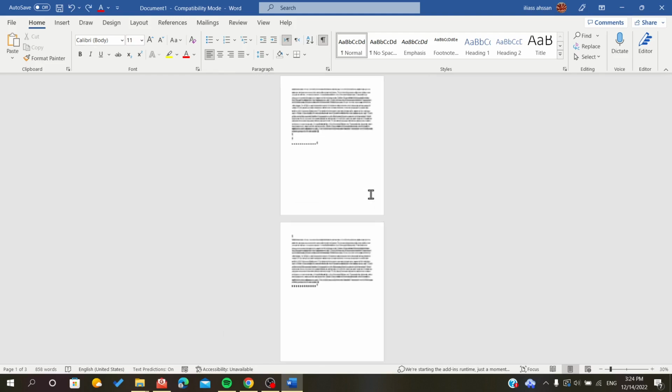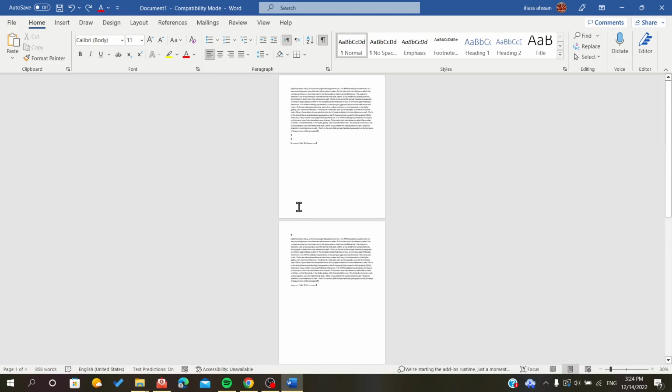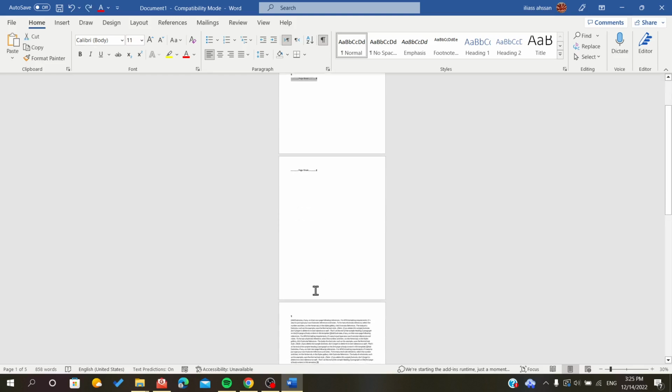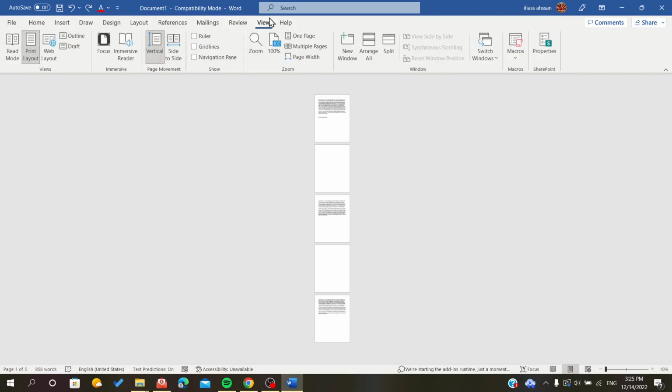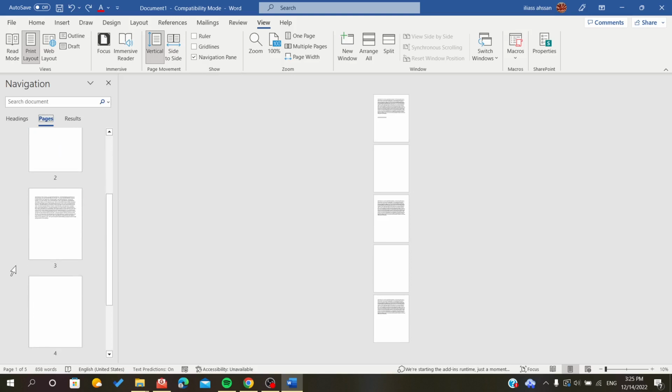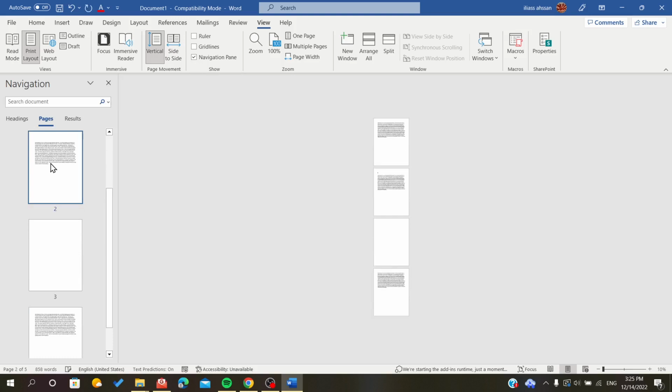There is also the third way of deleting the extra pages, which is to go to the view tab, then click on navigation pane, and here on the pages tab you can just select your page and just